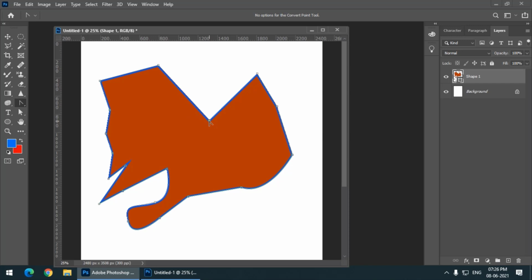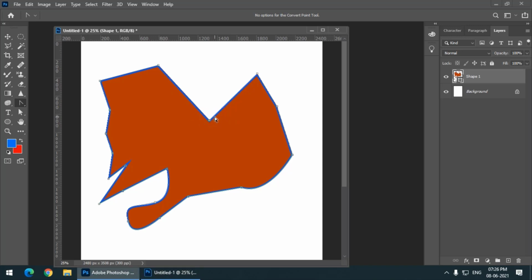Again, what if I change my mind? What if I again want a curve instead of a straight line? Then I can simply click and drag, then it will be converted into curve again. And if I want to convert it into line again, then simply I have to click.